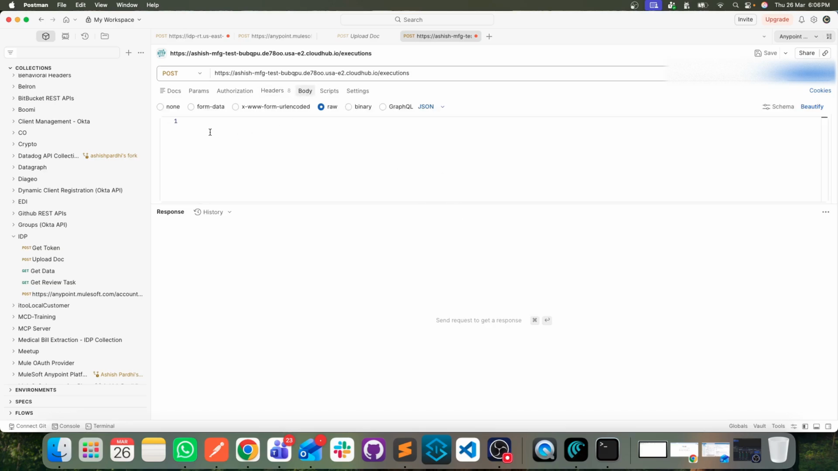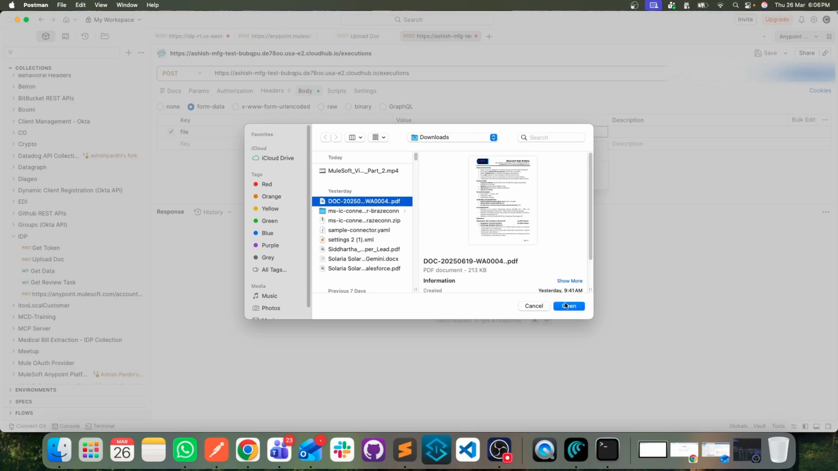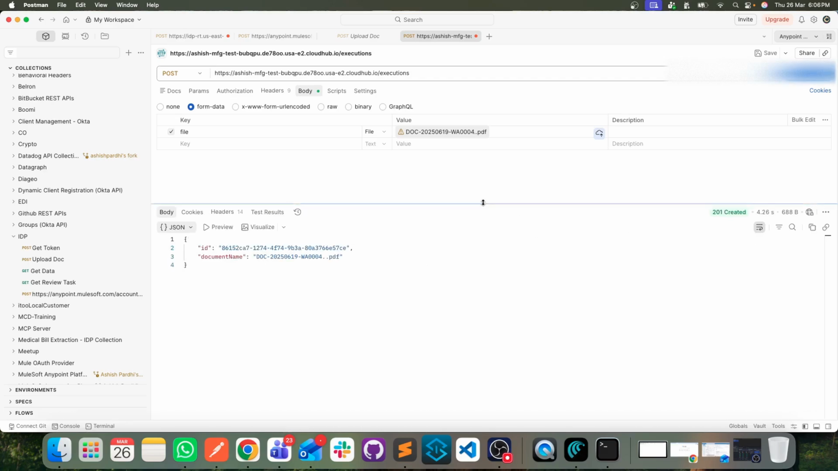So body, I'll go ahead, form data, file, select some file from my folder and say send. Successfully it is working. Now what we are going to do, instead of passing this value here, we'll apply the outbound